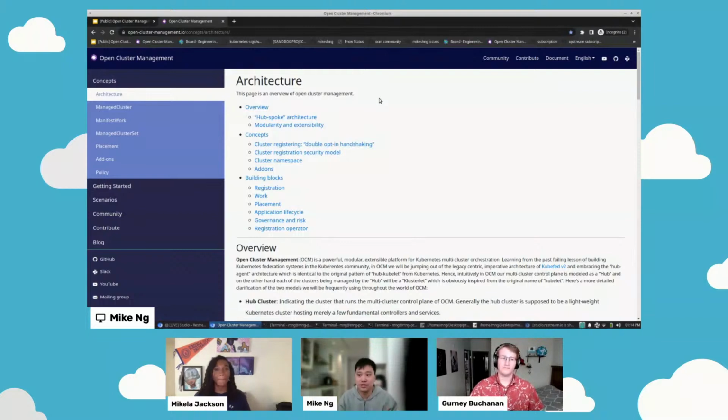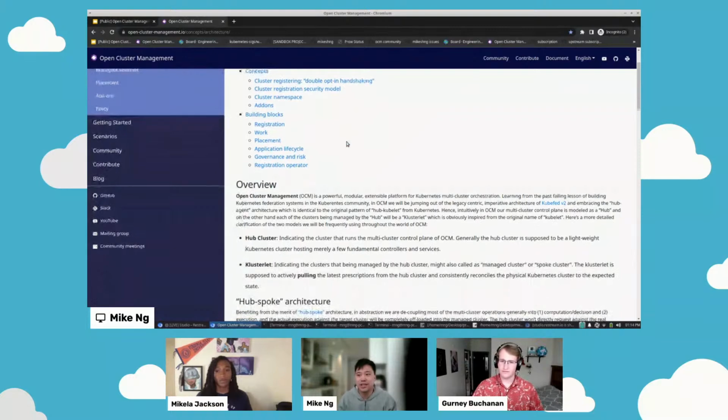So the open cluster management design is heavily influenced by the existing Kubernetes design. The key is, if you're familiar with Kubernetes on a single cluster, some of the terms and some of the design philosophy that we use in open cluster management should sound similar and work similar as well.